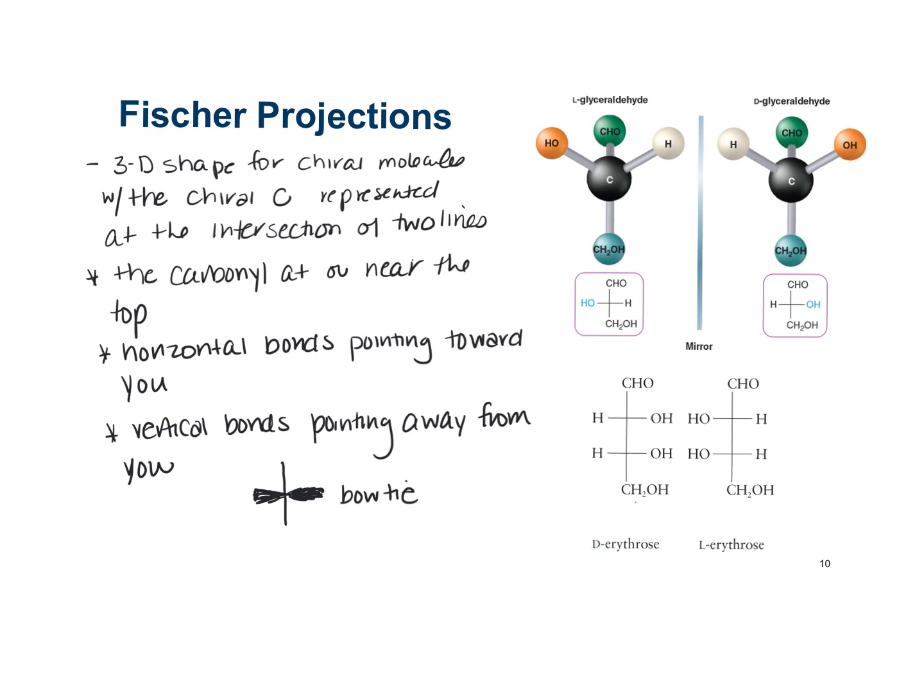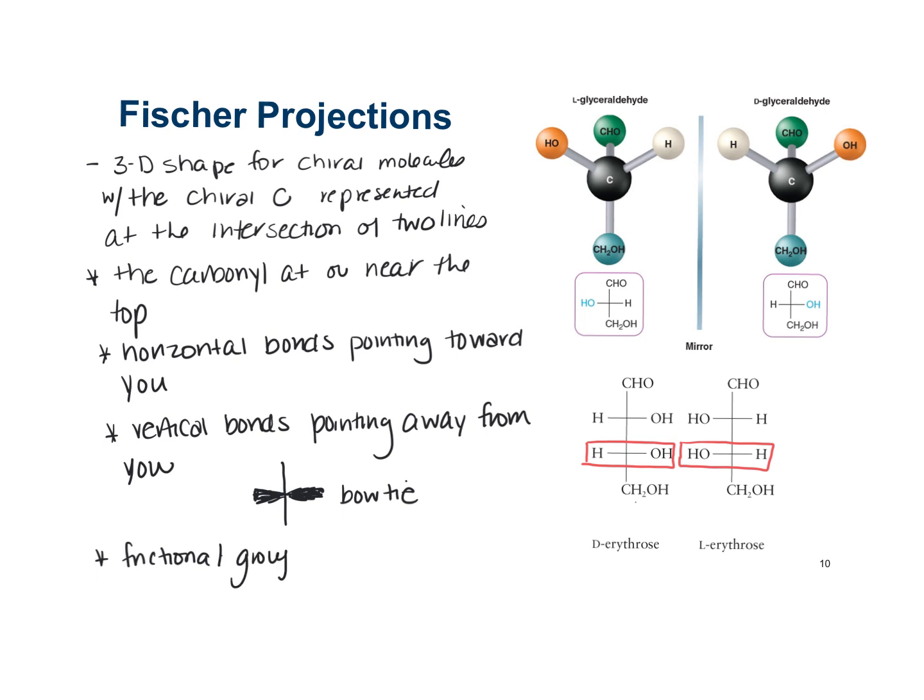We use the D and the L designation here. And so how you do this is you find the chiral carbon that's closest to the bottom. And so we're going to look at the chiral carbons here, right? And what we're looking for here is if the functional group,